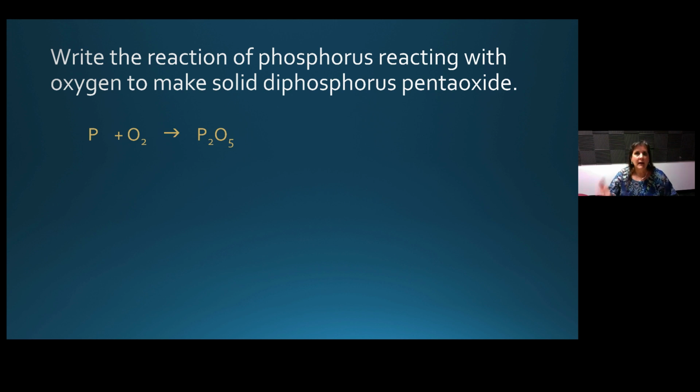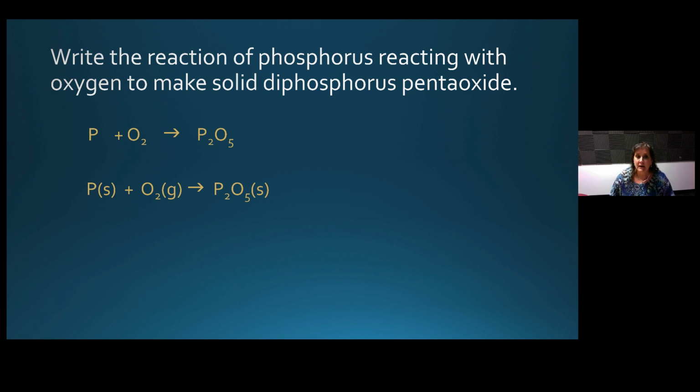All right. We didn't have a metal and a non-metal in this reaction, so we didn't have to check the charges. P2O5 is given to you from the name. It's a covalent compound, not ionic. So we didn't have a metal and a non-metal coming together to check the charges in this reaction. Let's add the states. P is a solid, you should know that. Phosphorus is a solid. Oxygen is a gas, you should know that. And then I told you P2O5 is a solid.